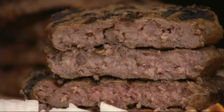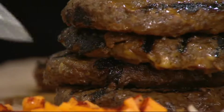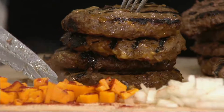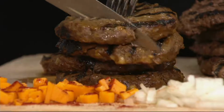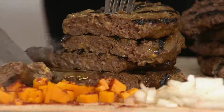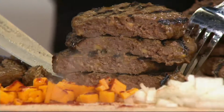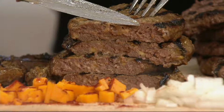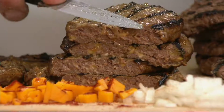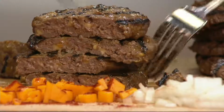And then last but not least, we have our newest addition to the collection, which we brought last year. Everyone kind of loved that cheddar cheese. They didn't want the bacon so much in some of them, and you get that barbecue flavor. So we put a barbecue rub in here. Instead of doing a barbecue sauce, which might leak out of the burger, we do a dry rub. So you get that great flavor infusing every piece of the beef. And then once again, you can see the cheddar cheese permeating through every single bite of this burger. So you get that great cheese, the great steak meat, and then you get that nice smoky flavor from the